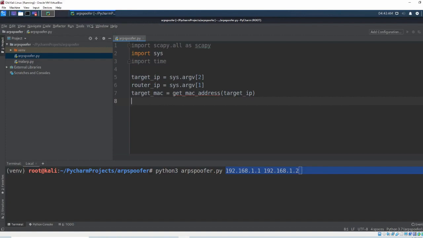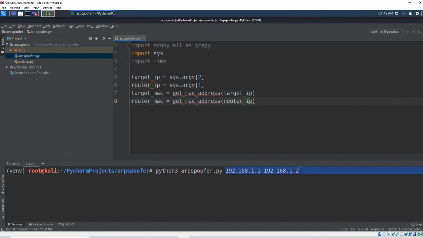And don't worry about it, we already kind of coded this function in the previous video. Once we saw the process of getting the MAC address of our Windows 10 machine, all we need to do is the exact same thing, just now we need to do it with both the Windows 10 machine and the router. So let's type it right here, router MAC equals get MAC address from the router's